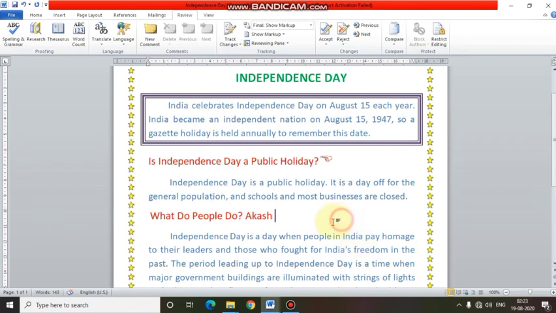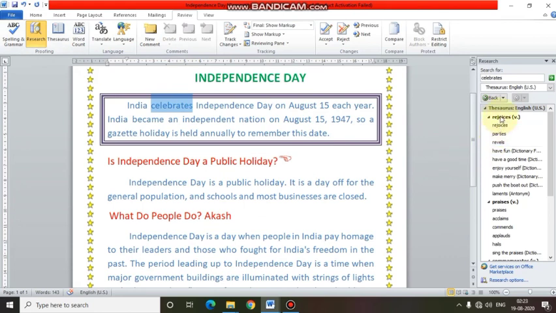Just click on celebrate, go to the review tab, click on thesaurus, and it will show all the synonyms of celebrate, like rejoice, parties, revels, like this.